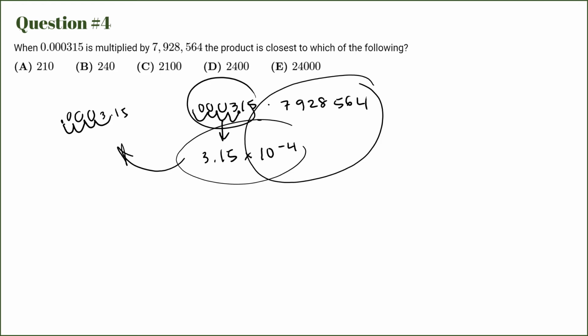The 10 to the negative 4 times 7,928,564 would just equal 792.8564. So now what we have is that this is equal to 3.15 times